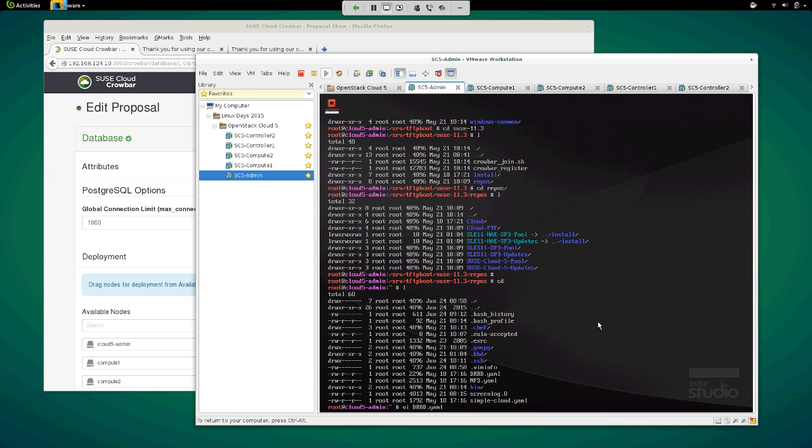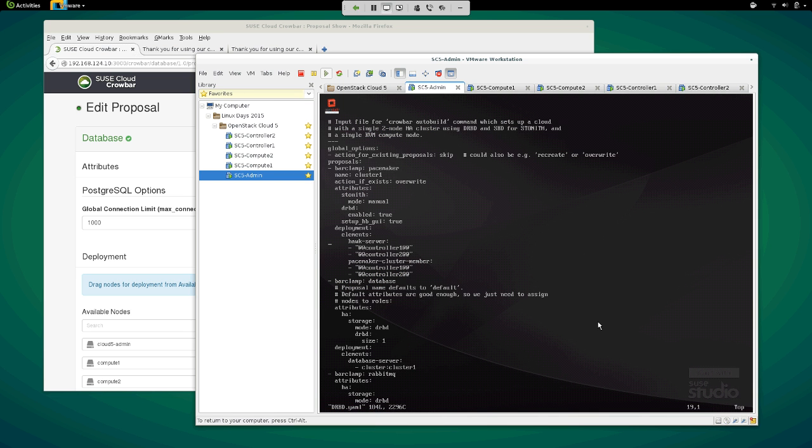If I look at the one for HA, you can see the cluster components that it has in here. You know, the STONITH is set to a manual mode in this particular case. You could set it to deploy a specific STONITH device if you had STONITH devices available within your hardware.